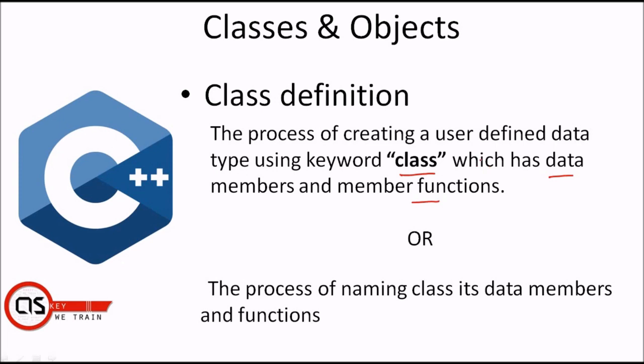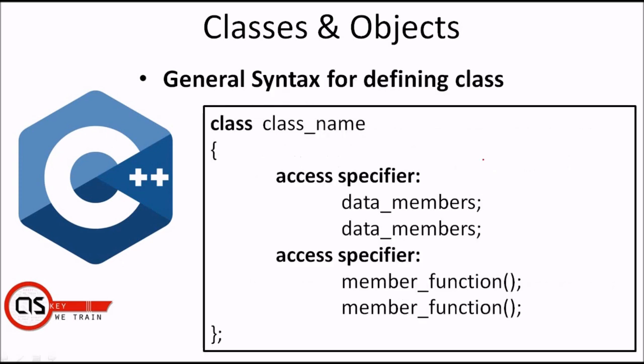So we shall see how to write the general syntax for defining your class. This is the general syntax, or the grammar, that we follow to define our class in the program. This syntax is very important. You have to know this so that it helps you to write other programs as well. Now to define your class, we make use of a keyword called class. Class is a keyword which is used to create a new class, followed by a class name.